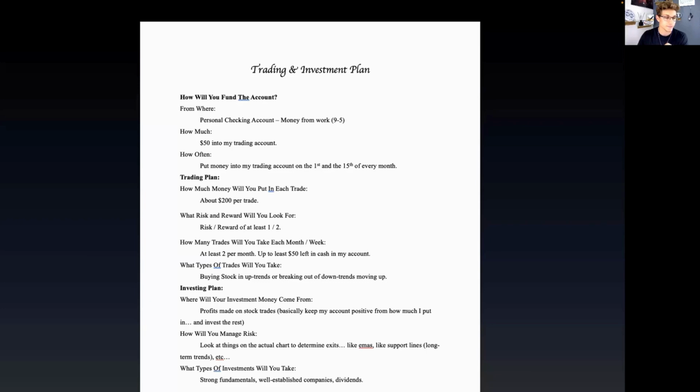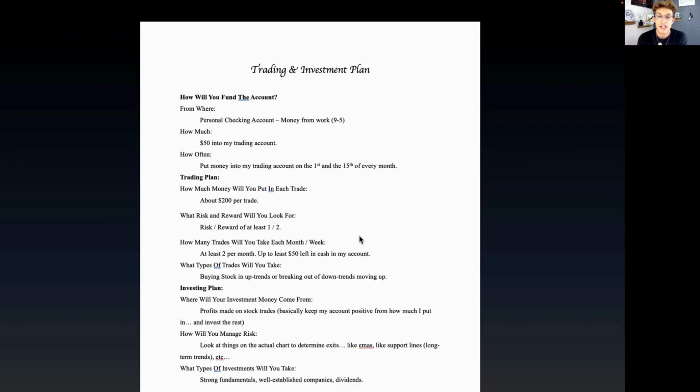So what I'm going to do is share my old trading and investing plan, and we'll walk through it line by line, see what it was, see what we like about it, and then what I want to change on it, if that makes sense. So let me share this. Okay, great. So trading and investing plan, what are we looking at? I want to walk through it, see what we're doing, and then we'll change what we need to change.